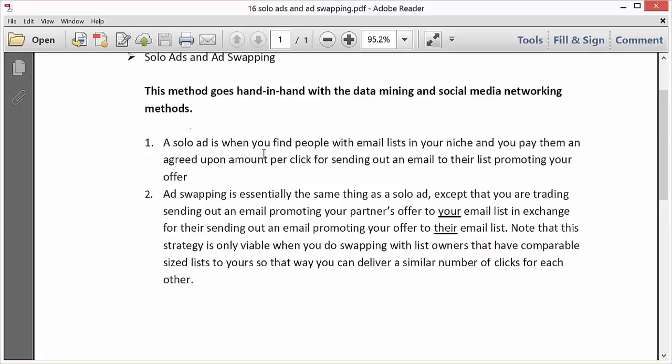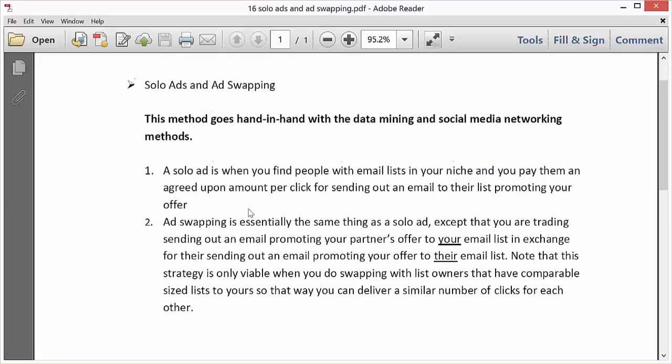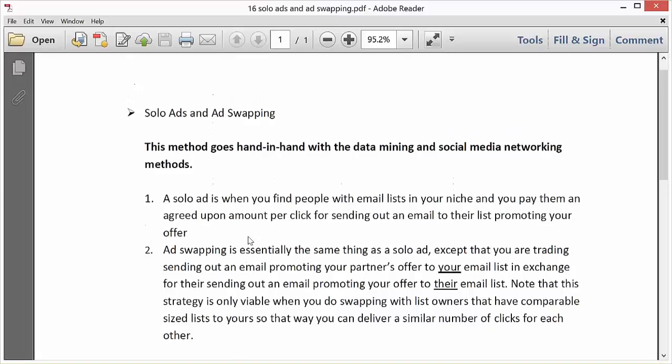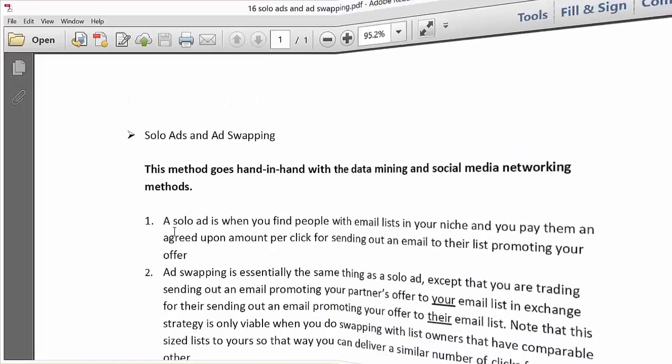So that's basically the idea of solo ads and ad swapping. These are deals that you can strike up with the people that you connect with or your VA connects with through data mining and social media networking, is buying solo ads or doing ad swapping. And that is solo ads and ad swapping.